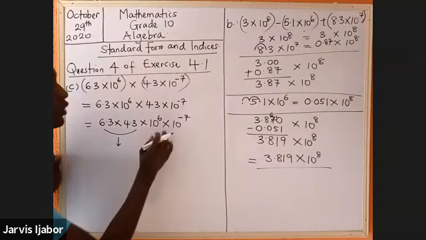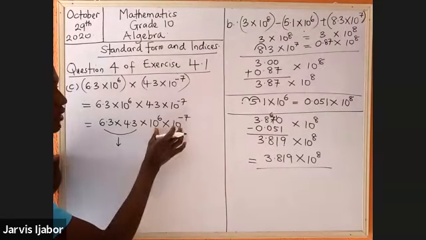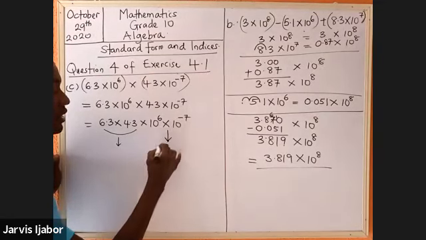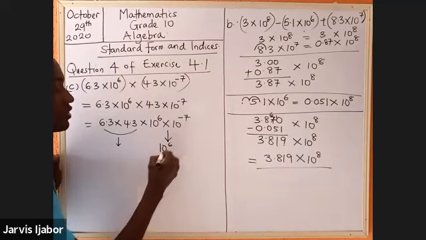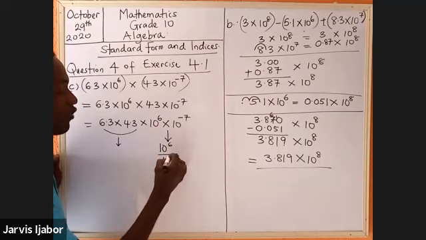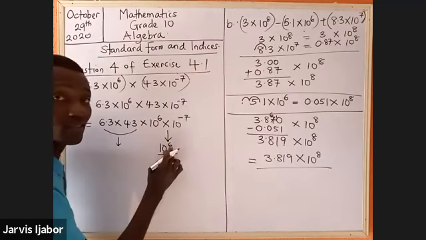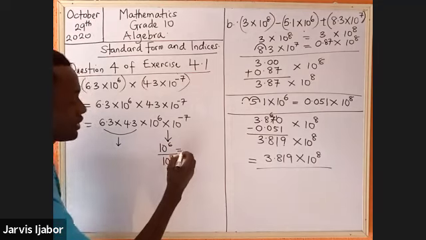Now, what does this mean? What is the interpretation of this? Now, the interpretation of this part is this: 10 raised to the power of 6 over 10 raised to the power of what? 7. Now, if you look at this, this is 6, this is 7, and this would mean this: